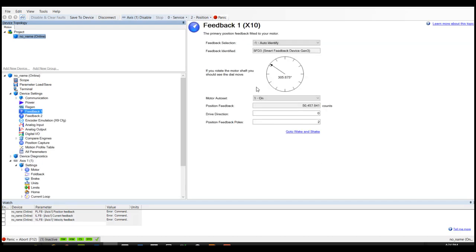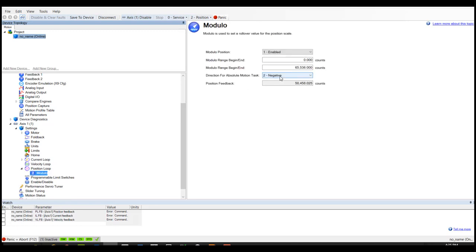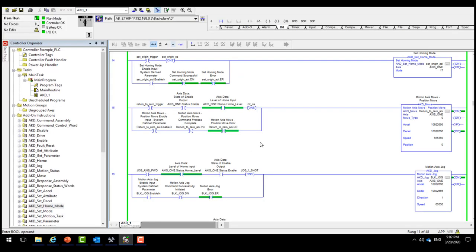You can see I'm still at the same number of degrees within a revolution and the same feedback count. Now, you'll recall that I set up the modulo so that I will go in the negative direction for an absolute motion task. Okay, moving back to the PLC,